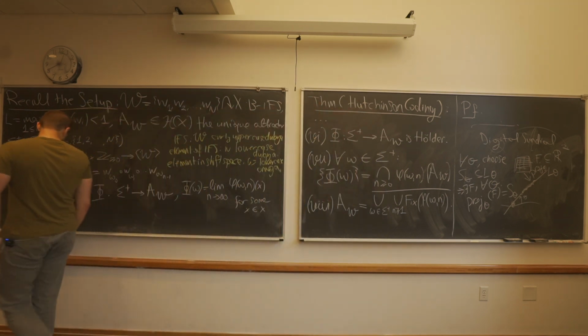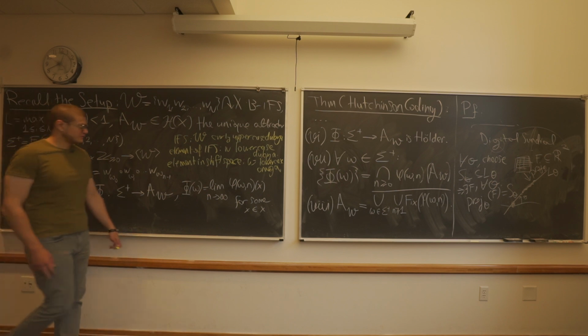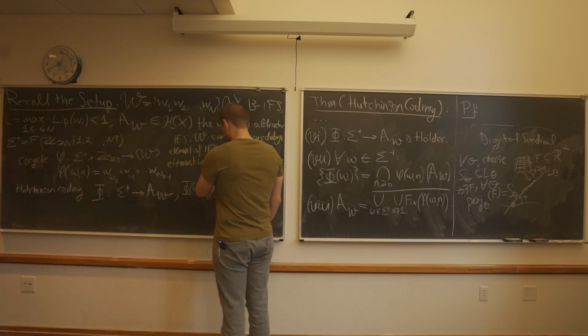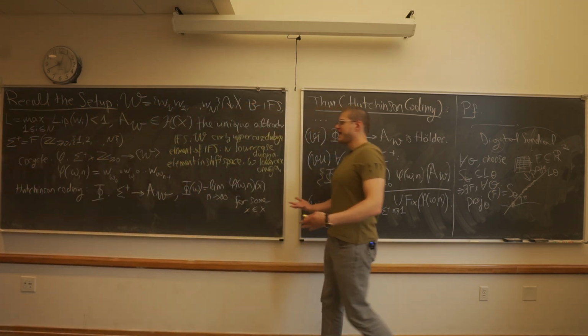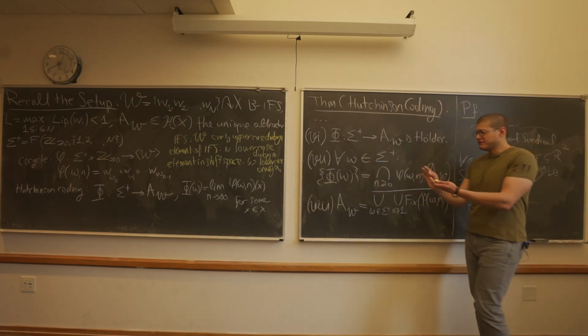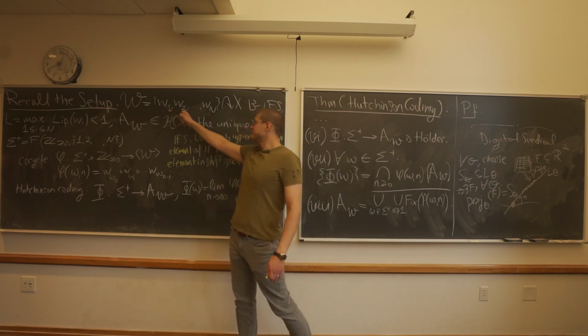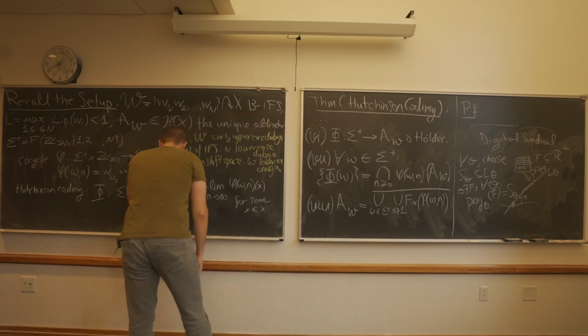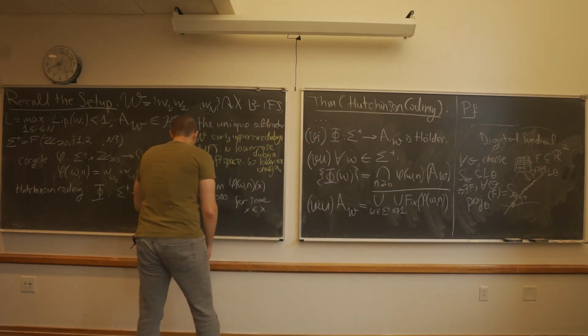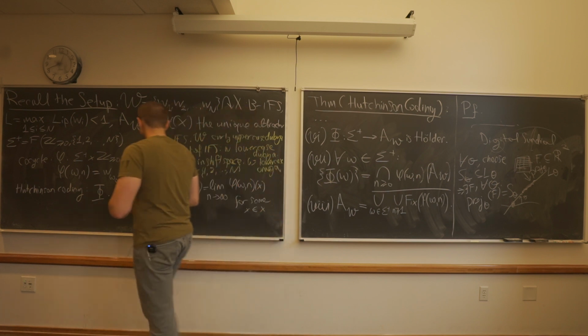So I switch to Greek whenever I switch to shift spaces. And then omega sub k would be an index or an entry in this sequence, but that entry is going to be some number between 1 and n. So omega k, let's say, some number between 1 and n.